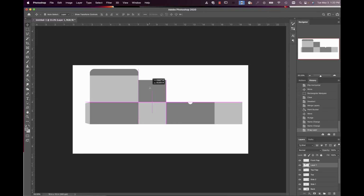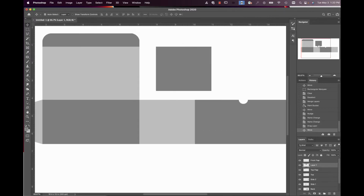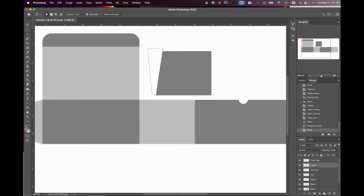There we go. Now, it's touching right here, and that's what I want to avoid, because when we go through and we create a path on this, to create a path that's just going to wrap around the outside, well, I need a cut right here. So I want to go through and actually just put that little bit of an angle on it so that the path leaves that little bit of a cut. So we're going to go through, and I'm going to go with my Polygonal Lasso tool again. I'm going to click on the corner, and I'm going to just drag right up and hit enter, hit delete,